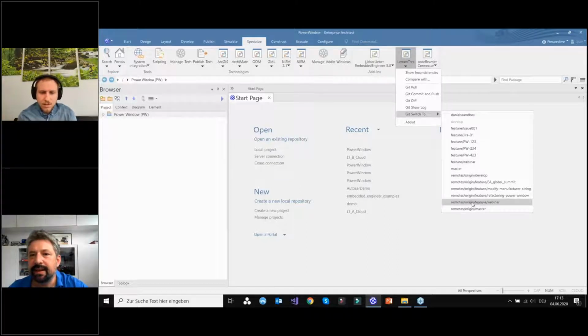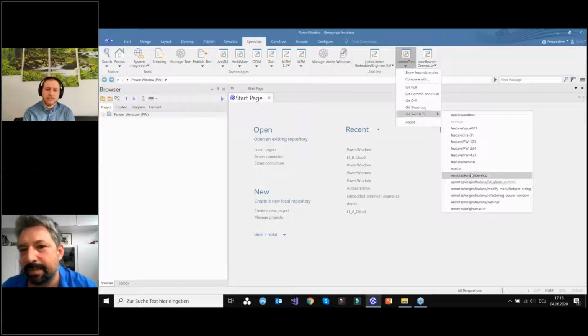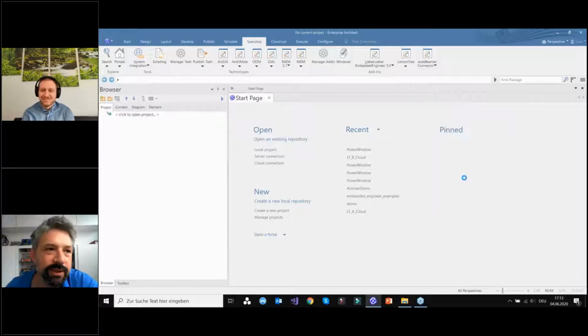It's always interesting. It's the second one, it's EA Global Summit. This is the one I created. Yes, this one. Okay, so you can see it helps if you talk with your colleagues that create the branches. I can switch to this branch,